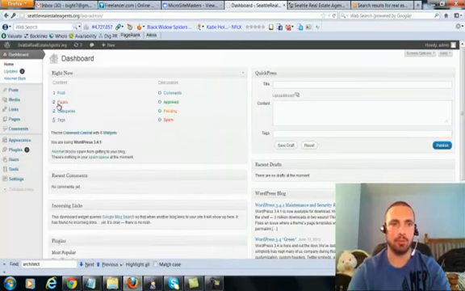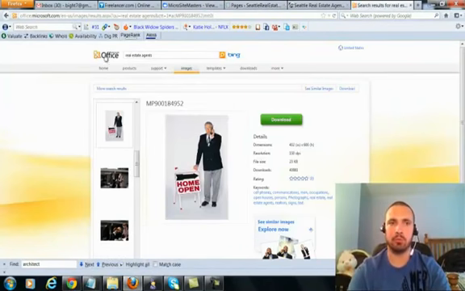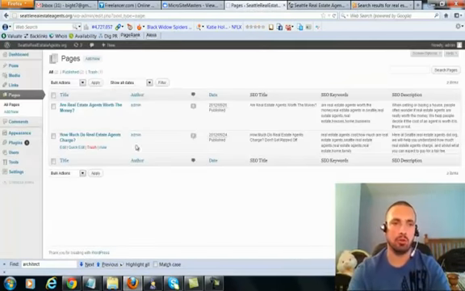Let's go to pages. And by the way, I already picked out my picture. I'm using this one from the site I showed you guys. And I'm just going to name it Real Estate Agents. In the last 3 pictures, I named 2 of them my main keyword, Seattle Real Estate Agents. I named 1 of them Real Estate Agents in Seattle. This time I'm going with a more general keyword, Real Estate Agents. But I'll show you when I get to that.